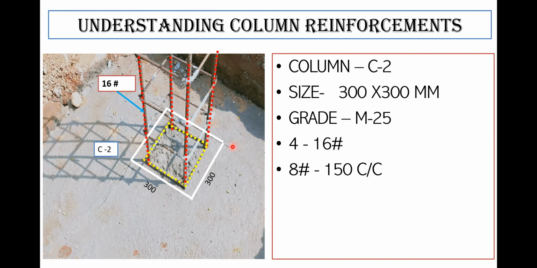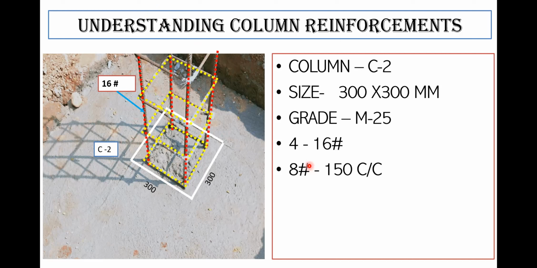In case of beams, we call this stirrups. When we are going to see the plinth beam, I'll explain you there. As of now, understand, when we speak of beams, we call it stirrups. When we speak of columns, we call this lateral ties. So this is the first lateral tie. You can see the rings here in the local language. If you're working at some site, the contractor's laborers call this rings. But that's not the right way to call. You are an engineer, you have to call it lateral ties. And when we are speaking in terms of the beam, then we have to call it stirrups. So this is one lateral tie. This is the second lateral tie, and this is the third lateral tie.